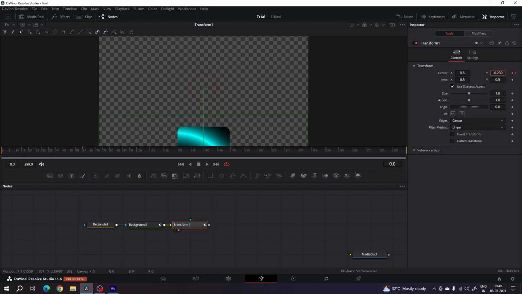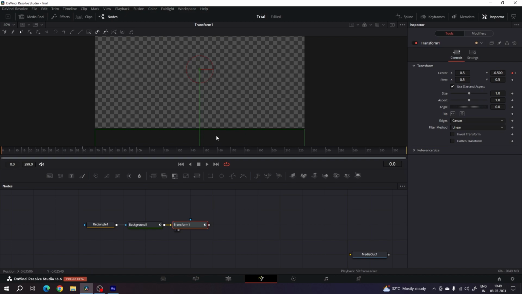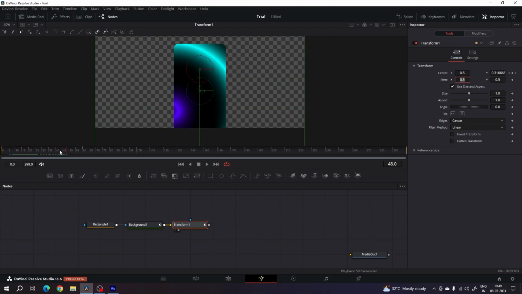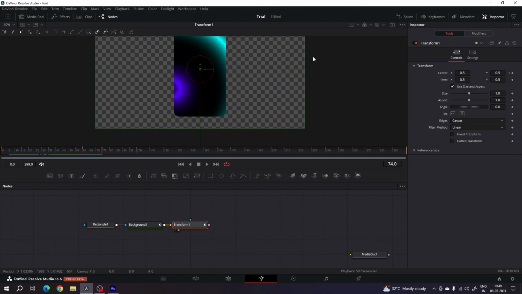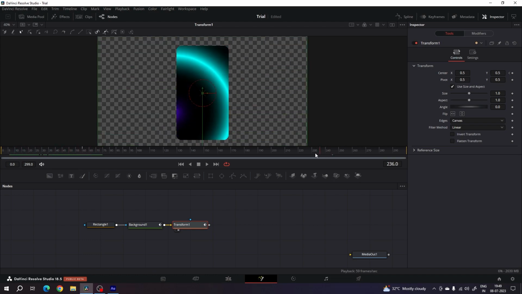Let's set down the shape. You can animate this shape in any direction, but I'm going to place this shape outside of the frame like this, and here we have to put the round figure. So let's set the value negative 0.5 in the center Y value. All right, so just go to frame number 240, which is equal to 4 seconds, and lock the position as it is. So simply click on the diamond button, or you can also right click on center,